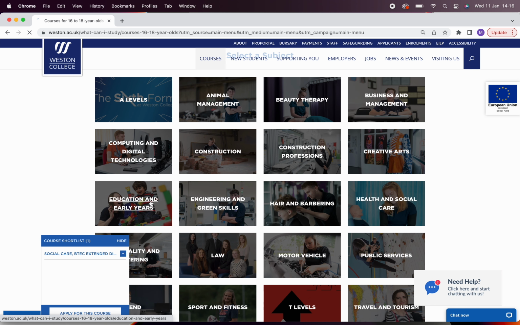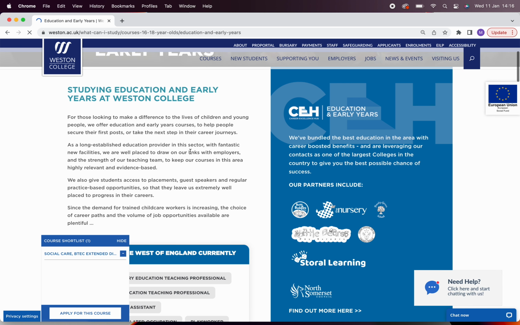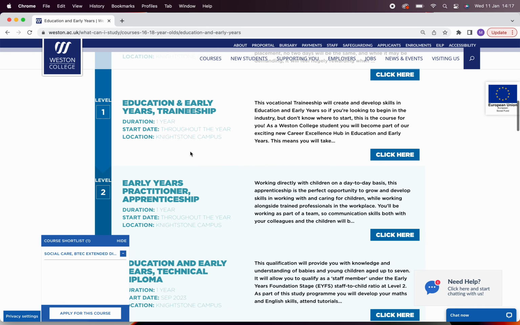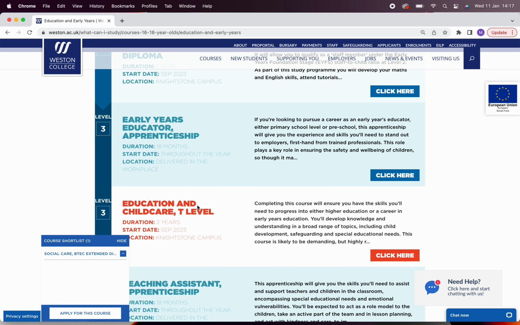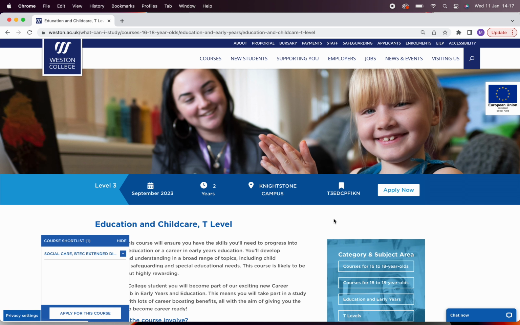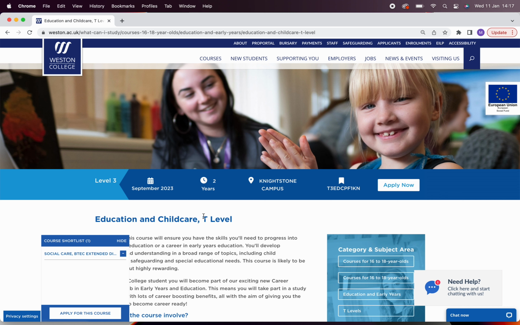I'm going to pick education and early years this time. Have another look at all the information and scroll down to select the course that you want. I'm going to select the Education and Early Years T-Level this time. So as you can see, the same bar along the top as before with all the information. I'm just going to select the Apply Now button, and as you can see, it's just been added to my